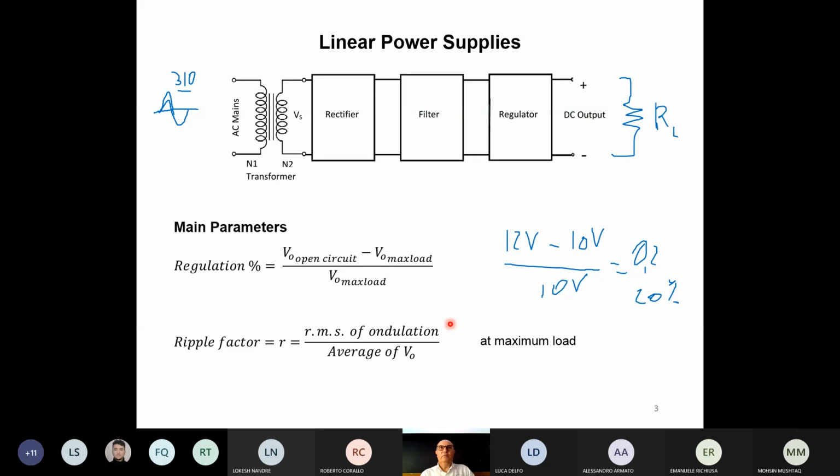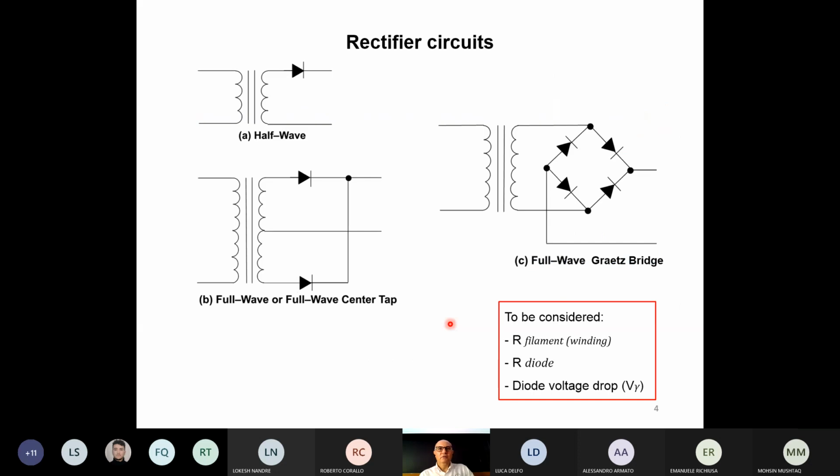It's just a matter of making some integrals, which is quite boring. Okay, so now the first block that we are considering. The first blocks have to do with the rectifier circuits. I told you that